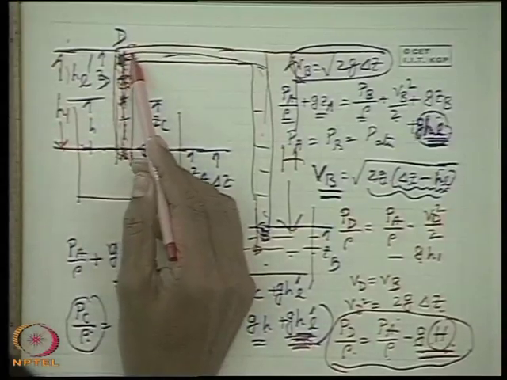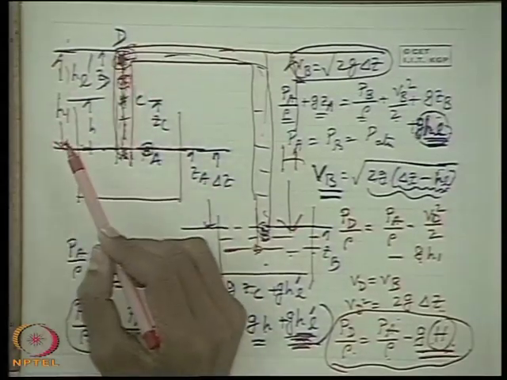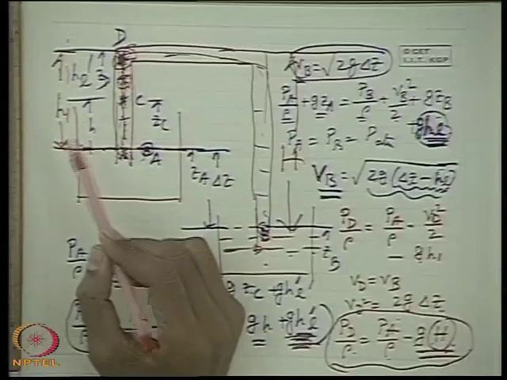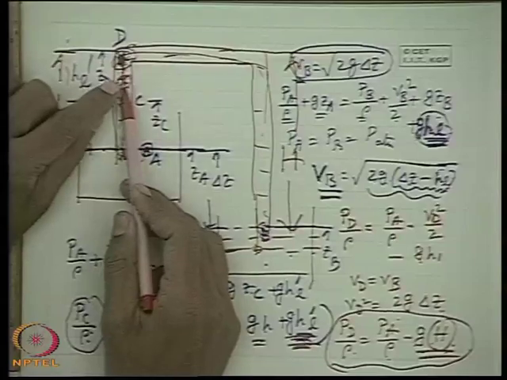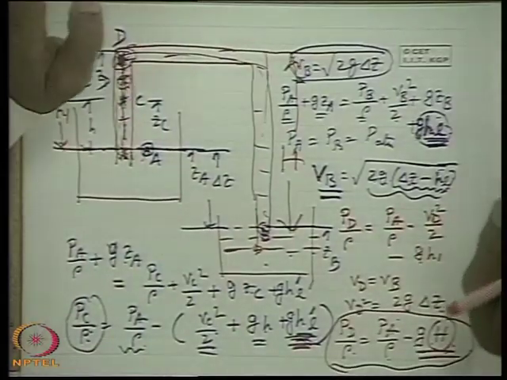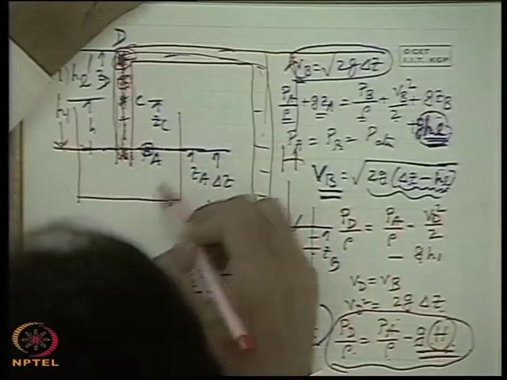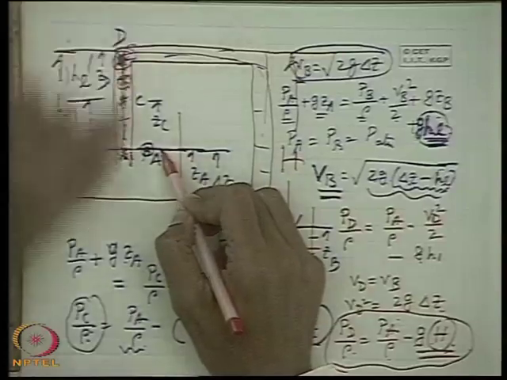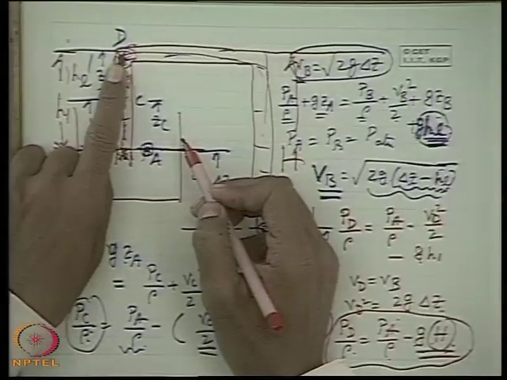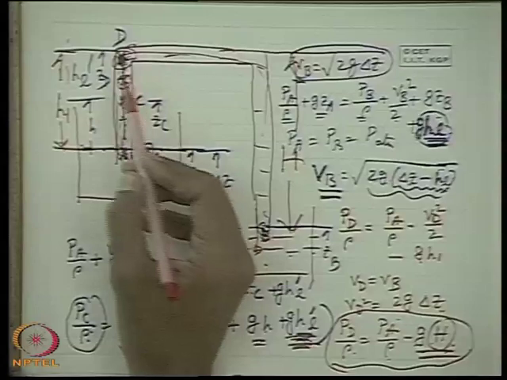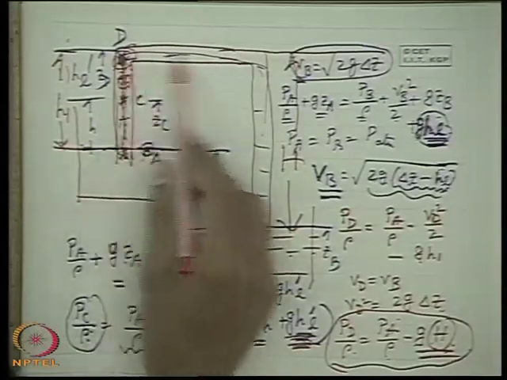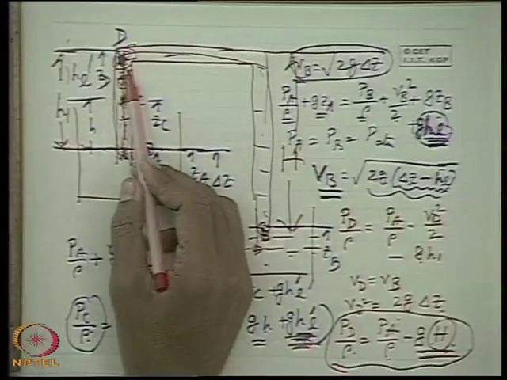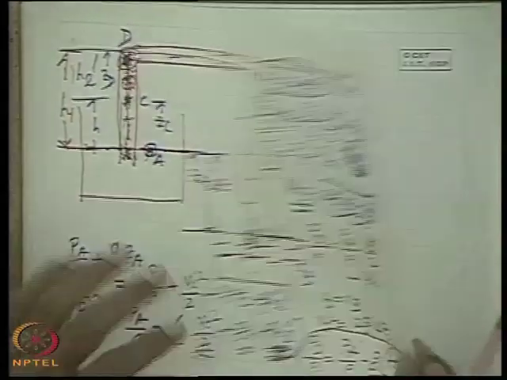The minimum pressure in this circuit is here. What is that limitation? The limitation is that the vacuum pressure, or the pressure created, should not fall below the vapor pressure of the liquid at the existing temperature. What will happen then? The liquid will boil up, so vapor will be generated. Therefore the limit to the minimum pressure is the vapor pressure of the liquid at the existing temperature. The liquid will start boiling, and the phenomenon is known as cavitation.